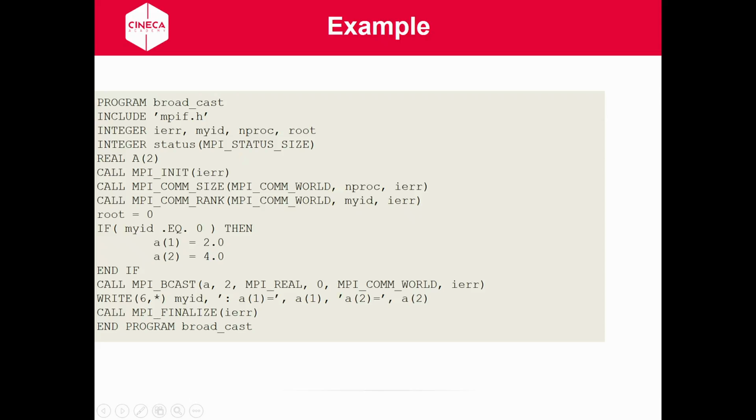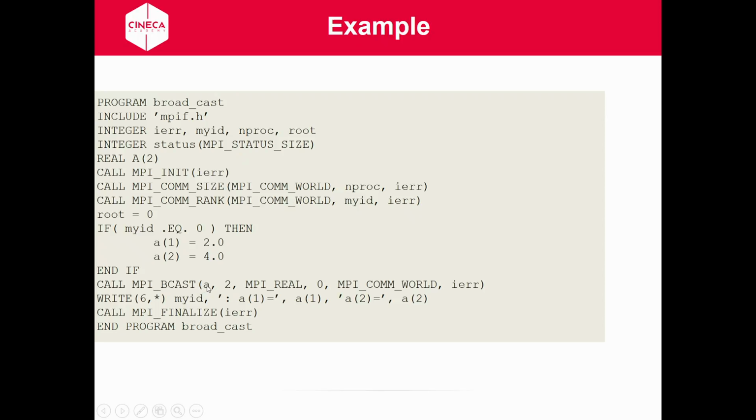As before, you have to include either file, declare the variables, declare common size and common rank, and then, for example, on the processor 0, I set this variable with the values of 2 and 4. Then, if I want to share this information with other CPUs, I can broadcast the information simply